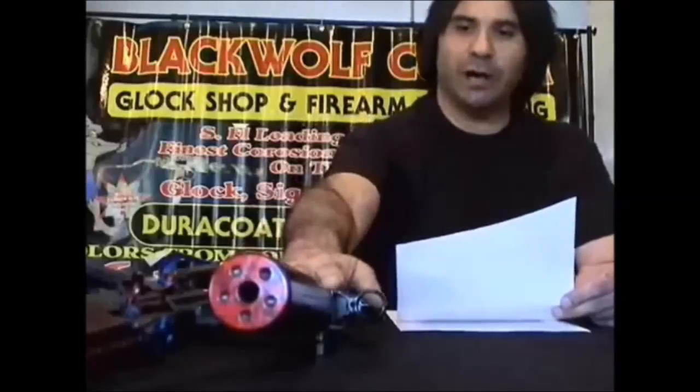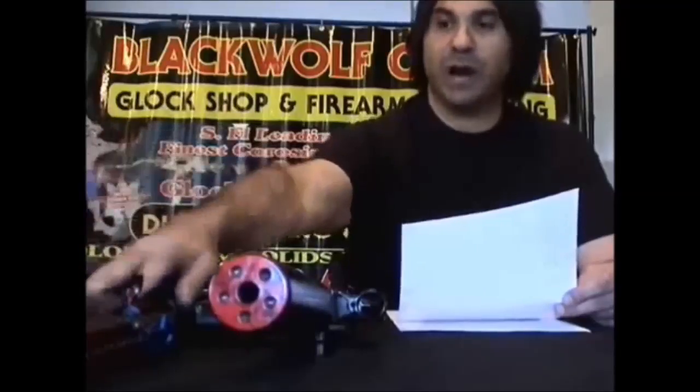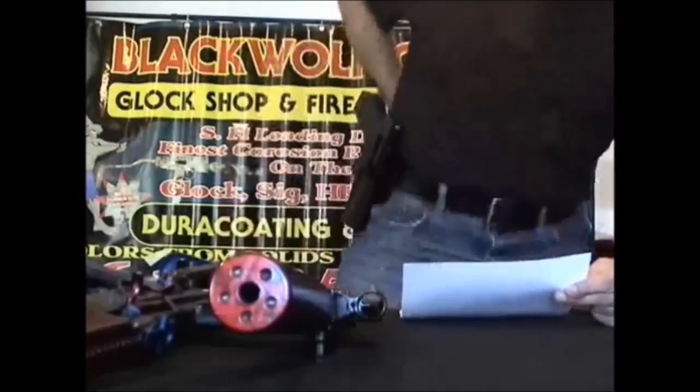I put Duraheat on this Mac 11 and this AK, entire AK. I did not put Duraheat on the suppressor, and it started to bubble after 4 magazines full. I ran out of Duraheat. Okay, so my bad. I mean, actually, havoc on me. You know, and now I'm having to defend myself over this bullshit. And this will be the last video that I do on this, unless it gets out of hand and law enforcement's involved. Okay,